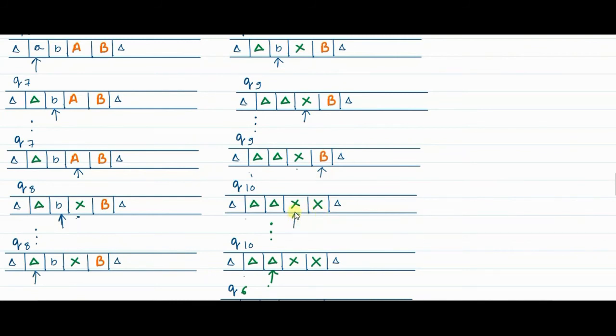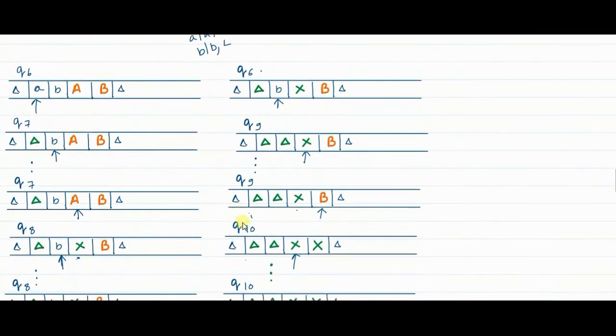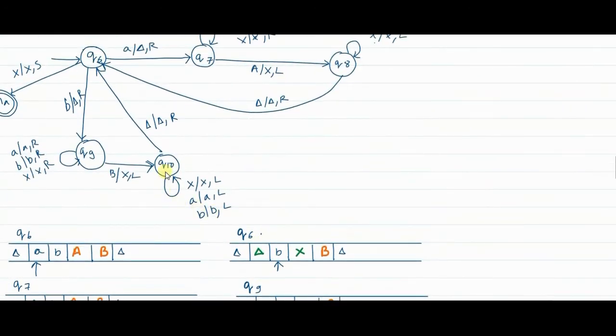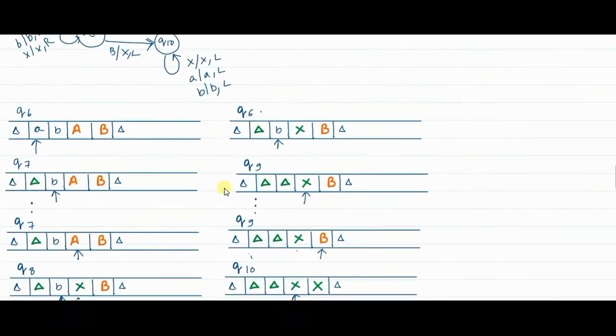The pointer moves here. So far you see, this is delta, this is X. That means this A has been compared and matched with this A. This B has been compared and matched with this B. And right now the pointer is here. Now in Q10 state, if X, A or B is encountered, you ignore them and just go on moving to the right.